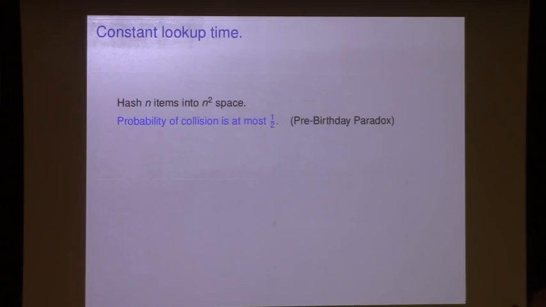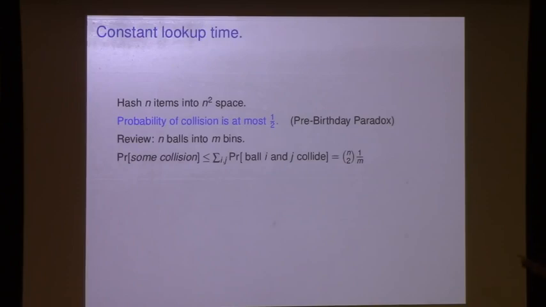So you can pick a hash function from your random family. You can try this with reasonable probability. None of your keys will collide. And then you can hand back that hash function to your customer and say, here's the hash function. It'll work for your set of items. Okay? So the proof of this is the probability of some collision is the probability of the sum over any